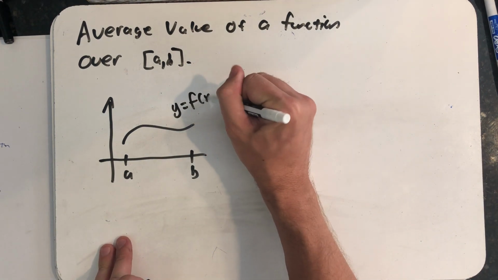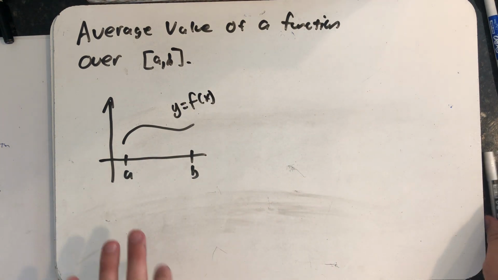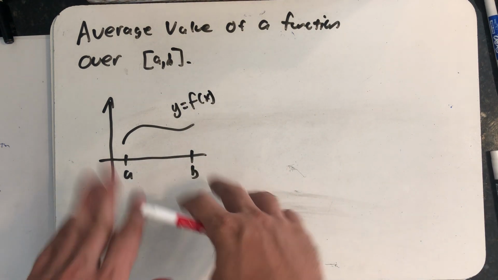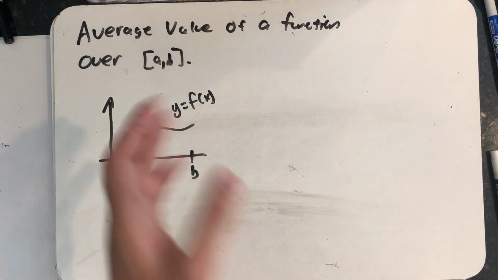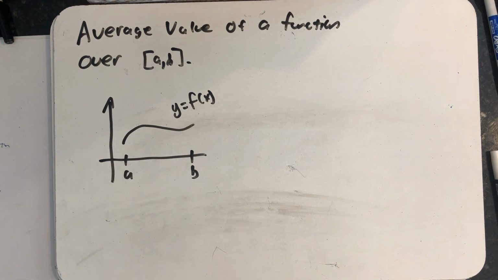I've drawn a continuous function, but there are other kinds of integrable functions, right? There could be finitely many jump discontinuities and maybe something even weirder happening, but for right now, this will be our function. And let's just say someone asked us to find the average value of that function and we knew nothing else. Well, we know what an average is, right? To find the average of something, you add a bunch of stuff up and then divide by the total number